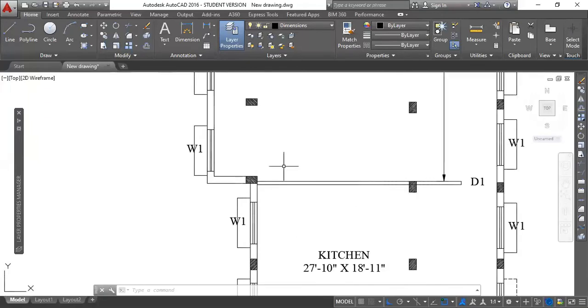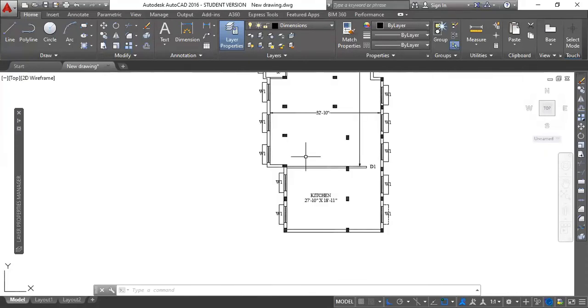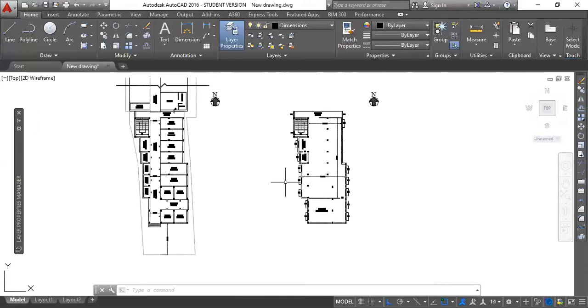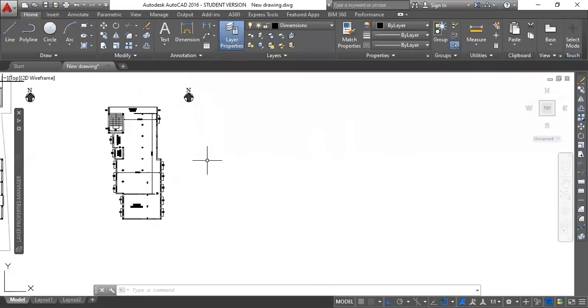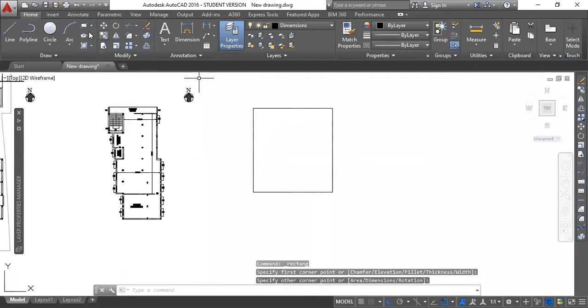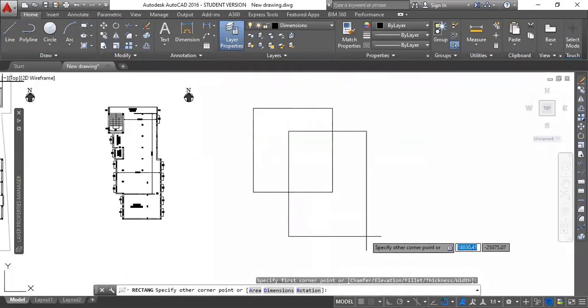But at the same time, you also need to keep in mind that you shouldn't use this mirror for drafting all your things. If you have a poor tendency of using mirror all the time, you will create plans and mirror them to reproduce the other half of the plan, and at that point your creativity dies. Maybe you can use this kind of a building pattern or something like that.